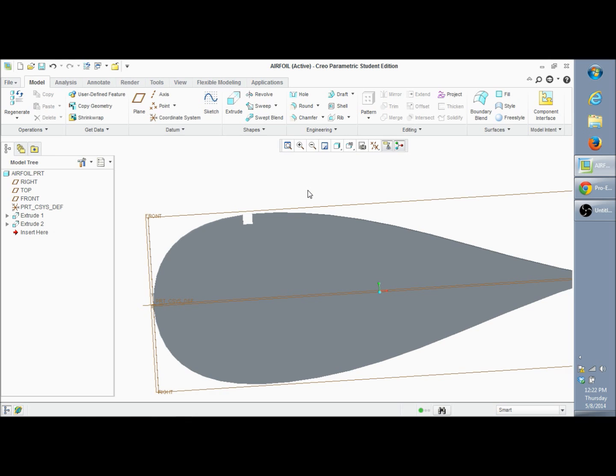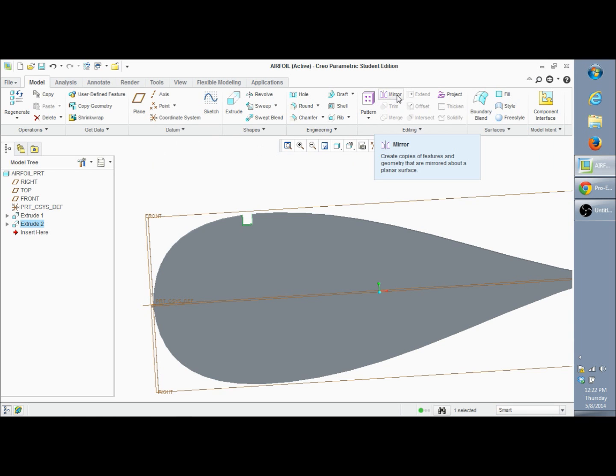This can be used for, say, you want to pattern a certain hole feature or something like that. Or, sorry, not pattern, but mirror a certain hole pattern, I guess. Okay, I'm just confusing you guys. Never mind. So now what we want to do is we want to select the extrude that you just created